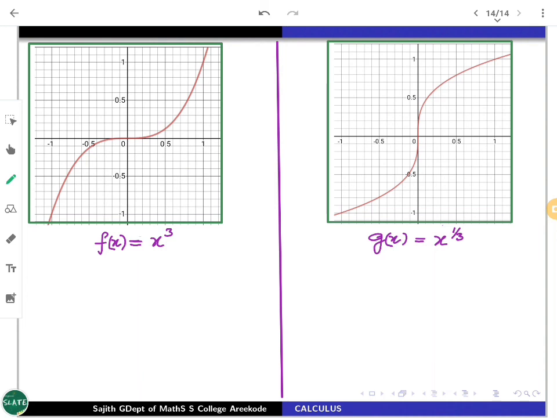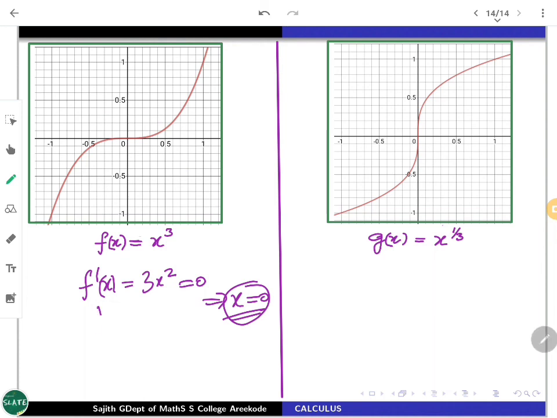See, f of x equals x cubed is a polynomial function, so the derivative exists. f dash of x is 3x squared. At 0, if you evaluate, it is 0. Setting it to 0 gives x equals 0. So 0 is a critical number of f. But what happens for the function there? 0 is a critical number for the function, but it cannot have a relative extremum at 0. Why is it so?